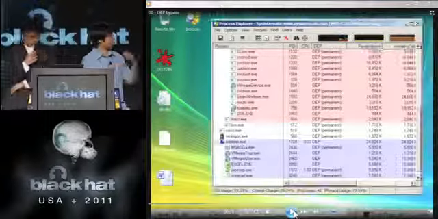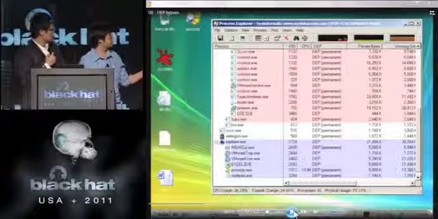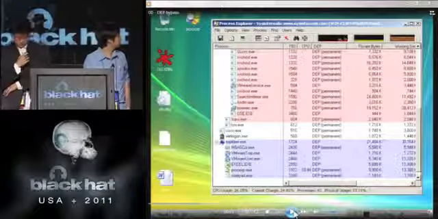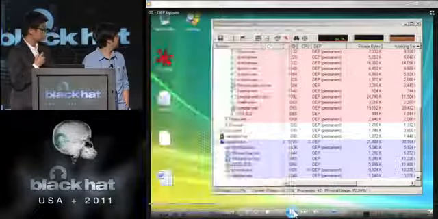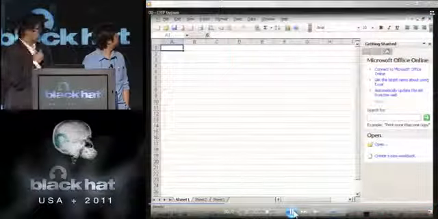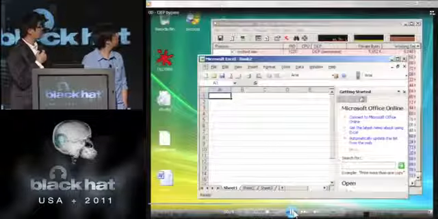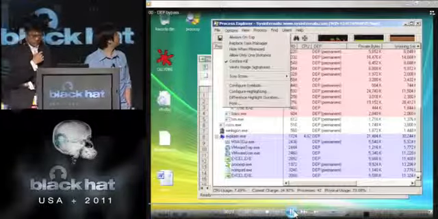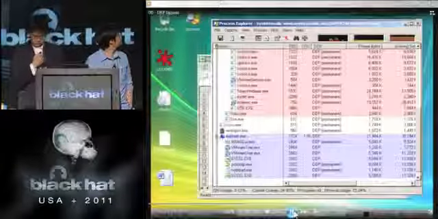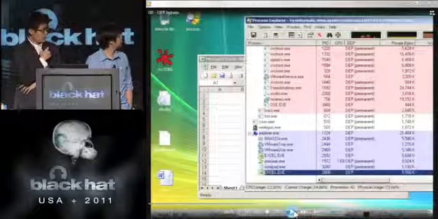Now DEP is configured to be enabled for all applications. Then start Excel. As you can see, the DEP is enabled now.